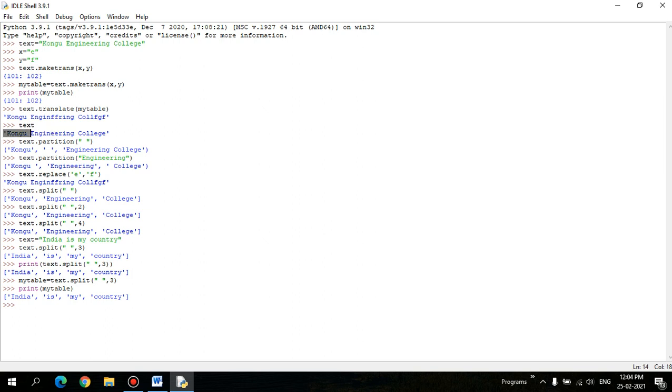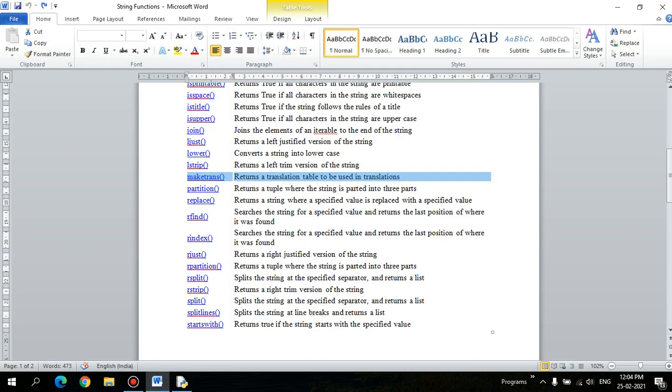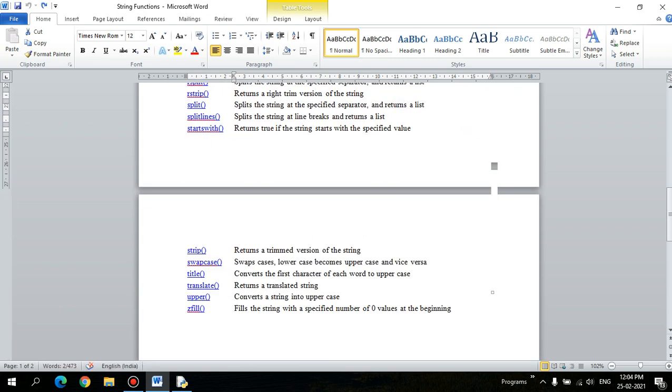And this is the first element in the list, and this is the last element in the list, right? So that is the mechanism of partition here. And this rpartition will also return a tuple where the string is parted into 3 parts, right? The 3 parts are the part before the searching string, the searching string itself in the middle of the tuple, and the last one is the part of the string which is next to your searching string.